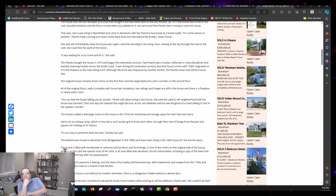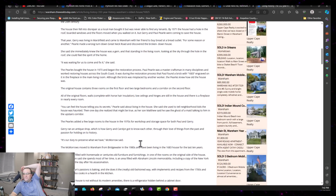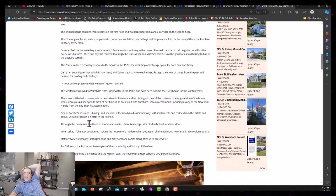Pearls added a few large rooms to the house in the 1970s for workshop storage for both Paul and Gary. Gary ran an antique shop, which is how Gary and Carolyn got to know each other, through their love of things from the past and passion for holding on to history. So that Carolyn is the current owner. So they bought the house